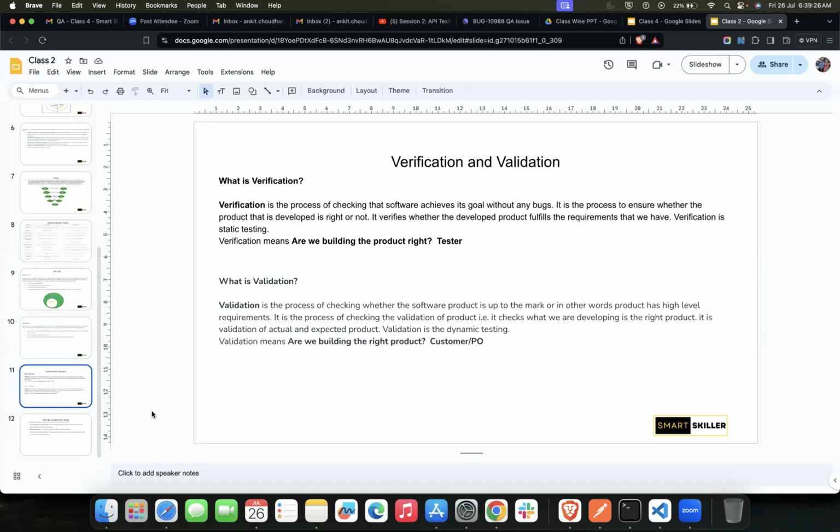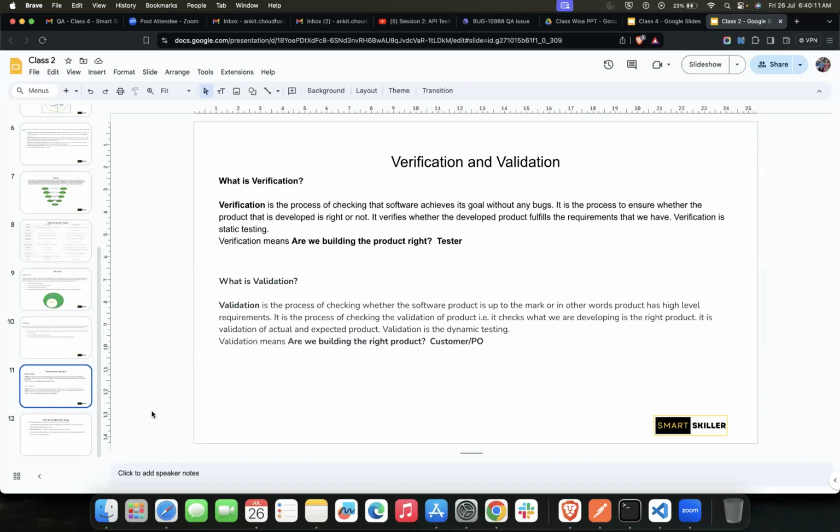So at the end of the day, it falls on the tester to make sure that the individual modules the developers have developed, and when they integrate those modules, the intended behavior of the entire software should be like it was discussed during the requirement phase by the customer or the product manager. Okay? Are we clear about verification, or do you guys have any doubt? No, it's clear.